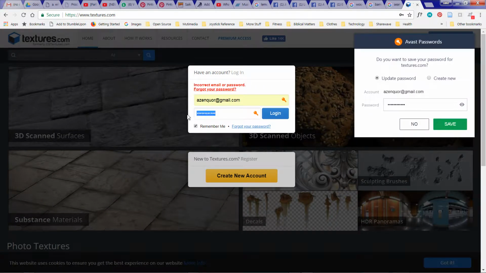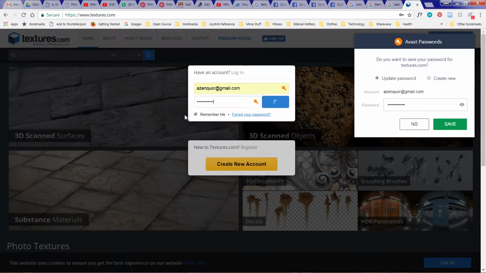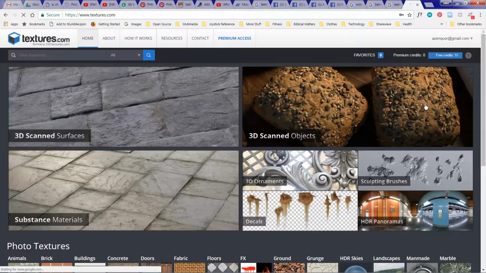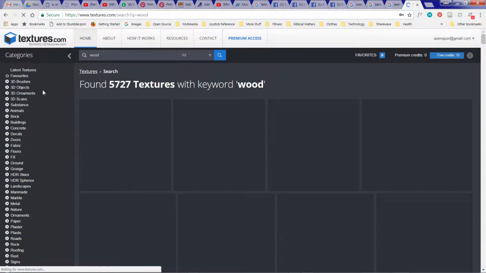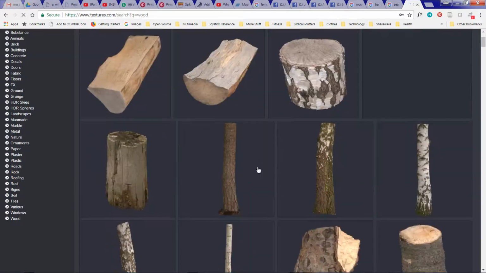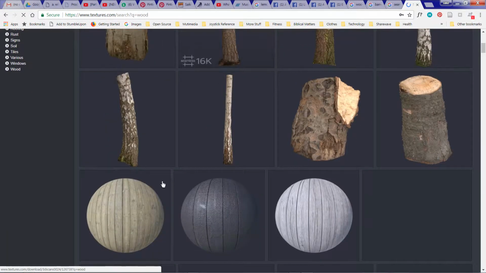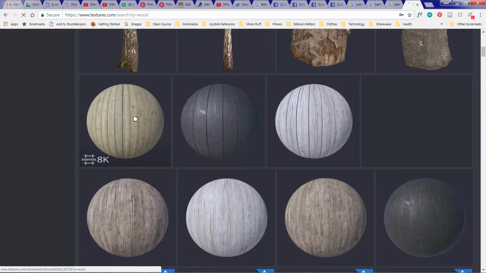Well, that's embarrassing. Third time's a charm. Alright, so let's enter keyword wood. So you have a whole bunch of options when you choose wood, but we want something looking like this,